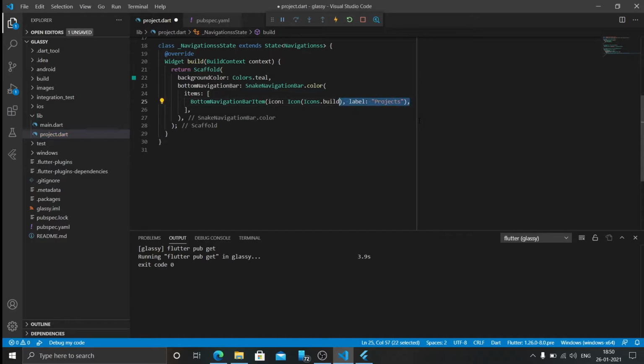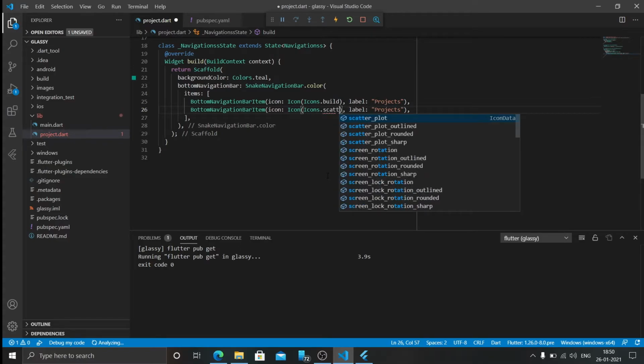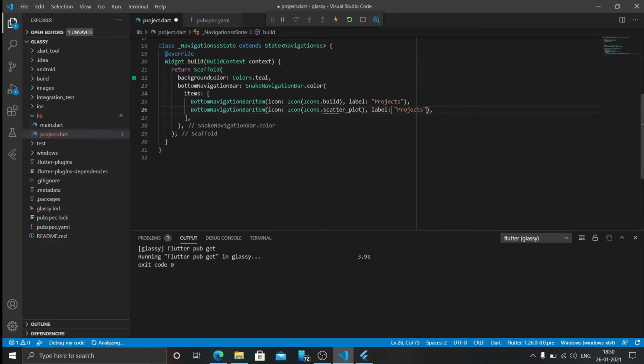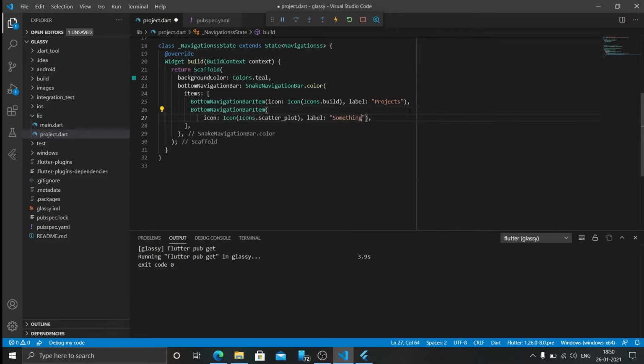I am adding another item to the navigation bar, so I am just copying it and using it again to see how this animation works, or why I use that Flutter package. Let's change the icon to something else. Now this will let you know why I use a Flutter package instead of creating my own animation. Flutter packages can be used anywhere and are easy to use, and this one has a beautiful animation along with it.